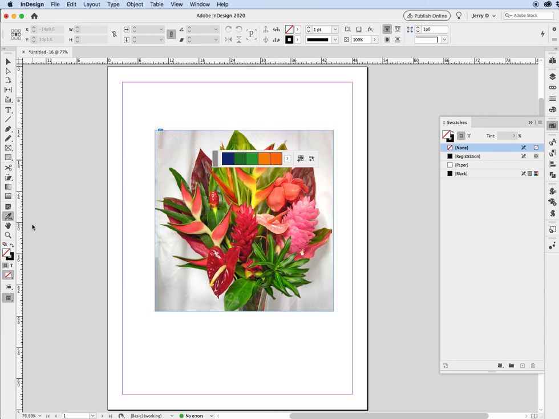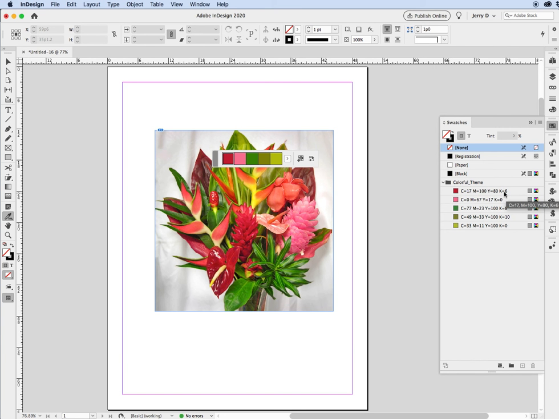All right, and at that point, you can actually just select any place within this image, and it's going to give you a range of colors based on how it interprets this entire body of art. So now once that happens, you can click here, and it's going to add these colors right here, and they're already CMYK. Even though this is an RGB image, it's already saved out in the CMYK color space